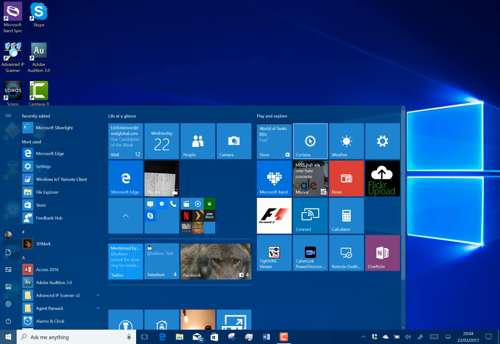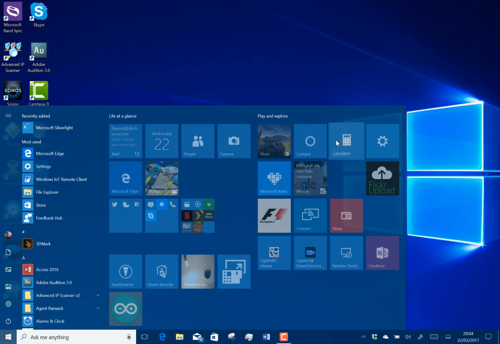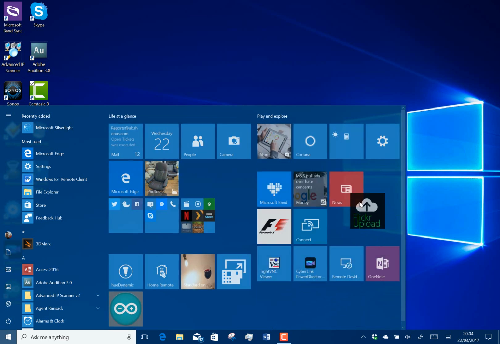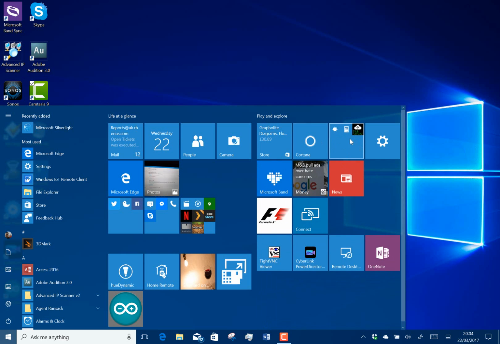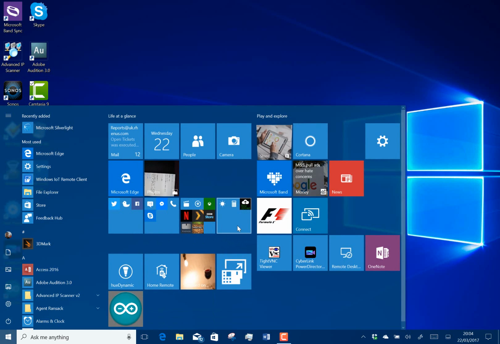So I could say perhaps put the calculator into a folder called utilities, something like that. So let's drag calculator on top of the weather, and there you go, there's my folder, and I can stick another app in there like that. So that's how you create folders. You can't put a folder in a folder. I don't think you could on the previous build either. You'll chase it around if you try to do that,